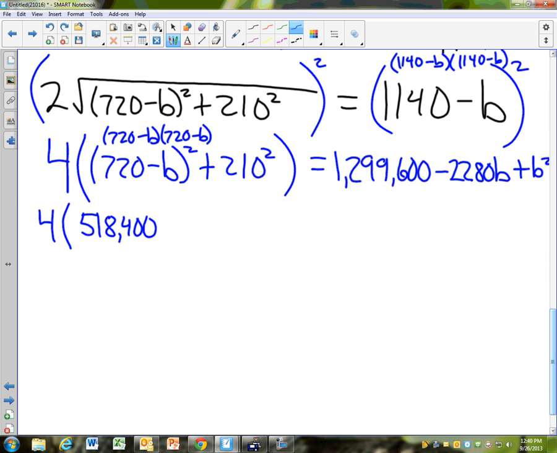If we're off by just one digit, we'll get problems. So I'm going to trust you guys on that. Okay, then you have 720 times negative b and 720 times negative b. That will give you, good, negative 1440b. And then you have negative b times negative b is b squared